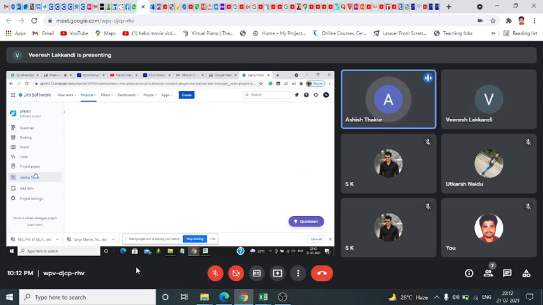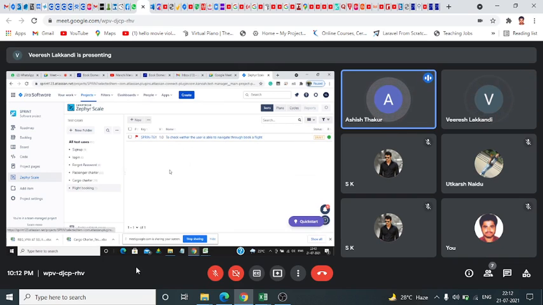When you come back to the page, this one, Zephyr Scale, click on that. You see, there is a test case I have made. When you click on this box, you will get a test cycle option. See, create. You click on that. It is created before only. Create a test cycle, then you can execute.